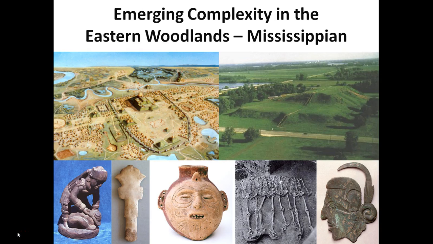During the subsequent Mississippian period, the introduction of corn fueled large population growth and the development of ranked social systems, and intensified warfare between communities, which we will look at in order to understand the emergence of social differentiation.